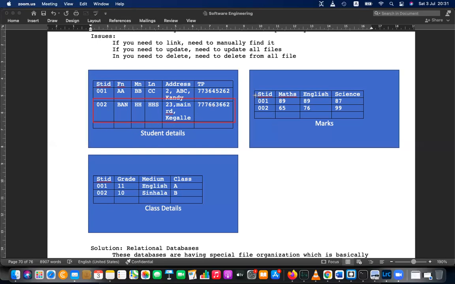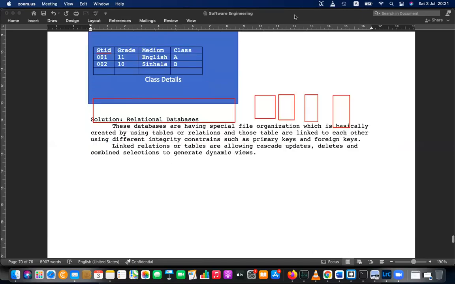How are these fields created? If you take a field, these related data items, all student IDs, all maths marks, all English marks, the related data items will create a field. And finally, what is data? Data are raw facts about something, someone, or some concept. Okay, so that is the shortest way to define these concepts.